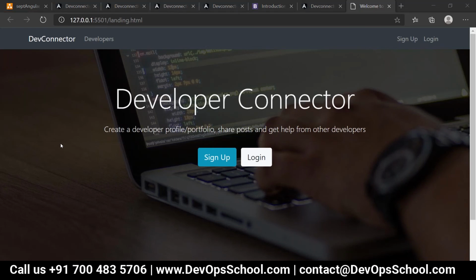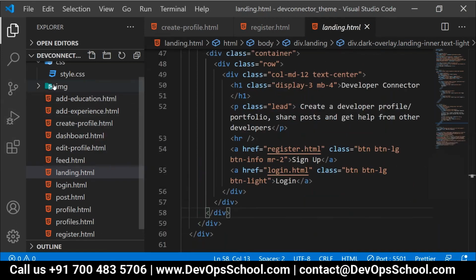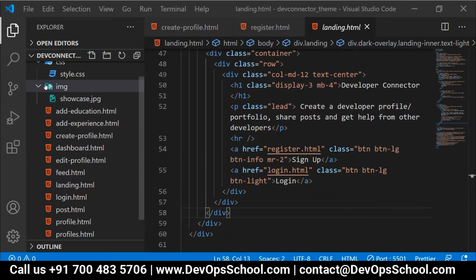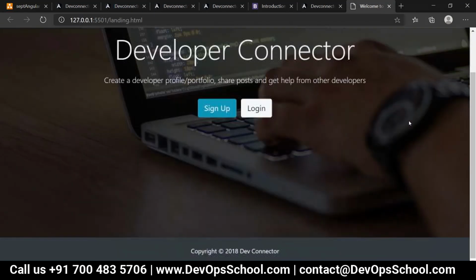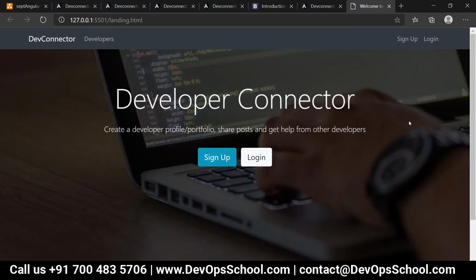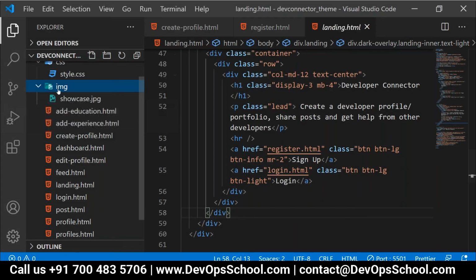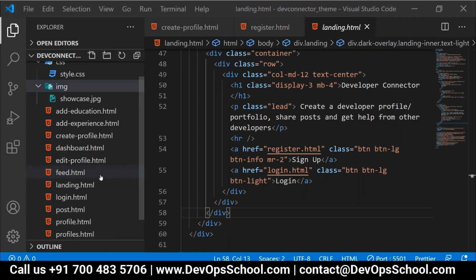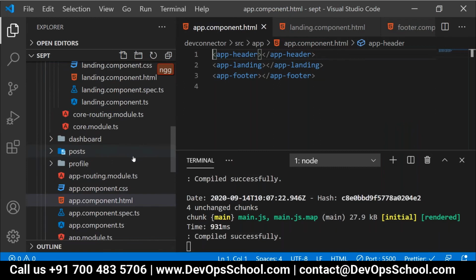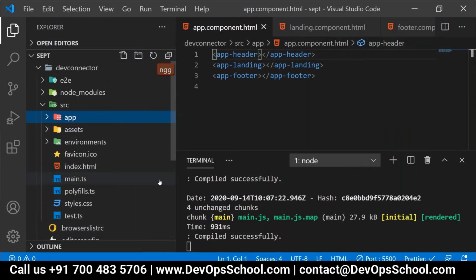Okay, now let me come to this. People, do you have this image? First question. Our work is going to start from this point. This image, we don't have this image, right? Then how will it render? That is a problem. All of you agree with this? Now this image we need. What I'll do, I'll just copy this image. The next question is, where shall I keep this image? What is the exact position as per the standard?